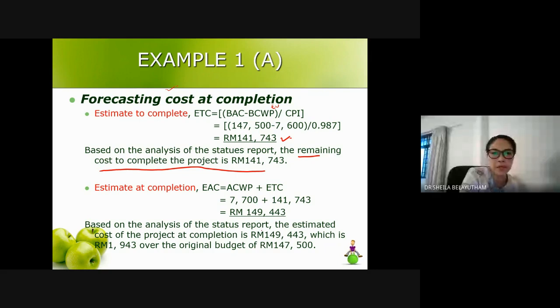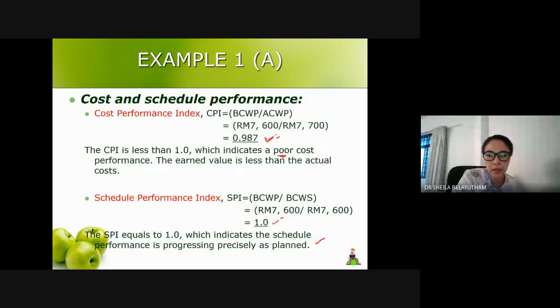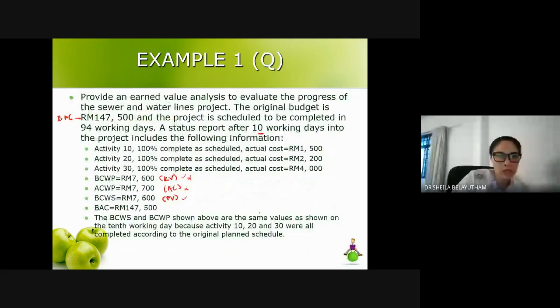And how much do you expect to spend in total with the current progress? Estimate at completion: the actual cost that you have spent plus the estimate to complete, 141. So that will give you, to complete with the current progress, a total cost of 149,443. And your original total budget is 147,